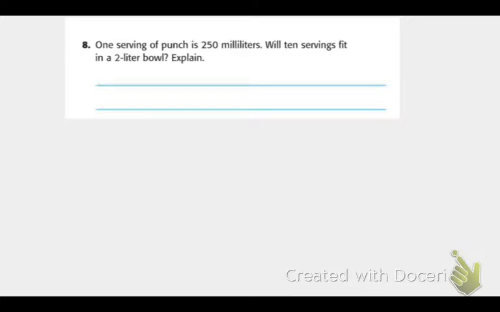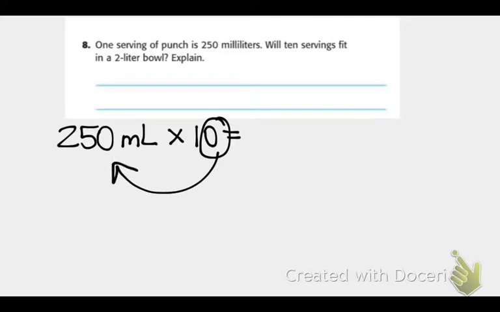So I need to take the 250 milliliters and multiply that by 10. Which again, if you remember when we multiplied by base 10s, which means if I'm multiplying by 10, I'm really just going to be adding a 0 here, which is equal to 2,500 milliliters, right? Now it's 2,500 milliliters going to be equal to, well,